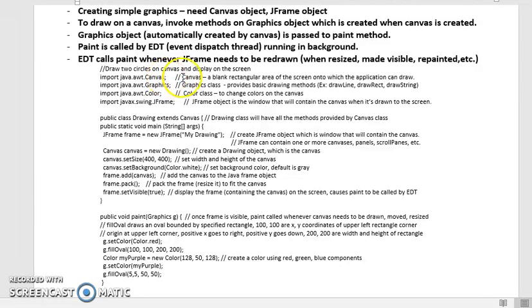So the canvas, we talked about the canvas is just a rectangular area. We define how big we want it to be, and we can draw onto that. The graphics class is the thing that provides all the methods we need for drawing. We can draw lines, rectangles, strings, ovals, whatever else we want. We're going to use color here, so we're going to pull in the color class, and that provides standard defined colors, and it also provides a way to create your own colors,